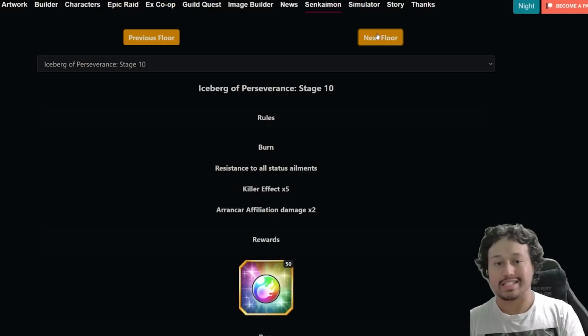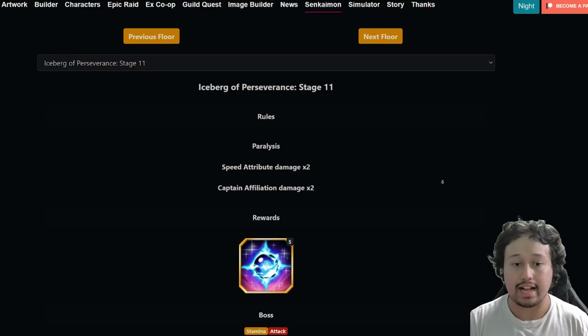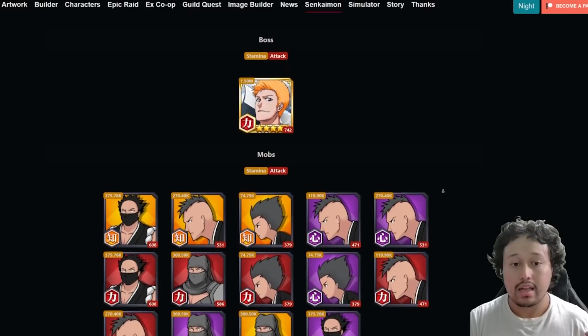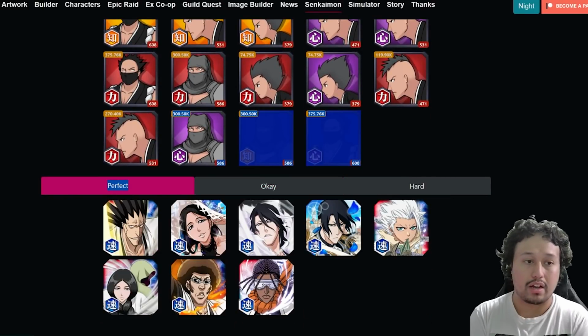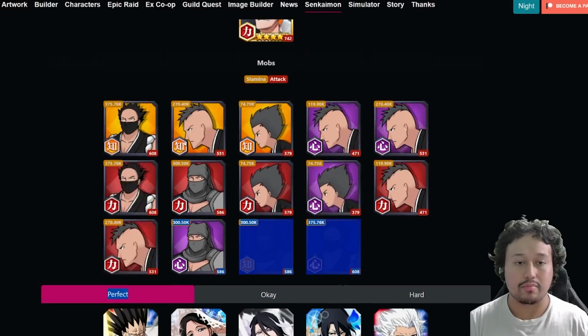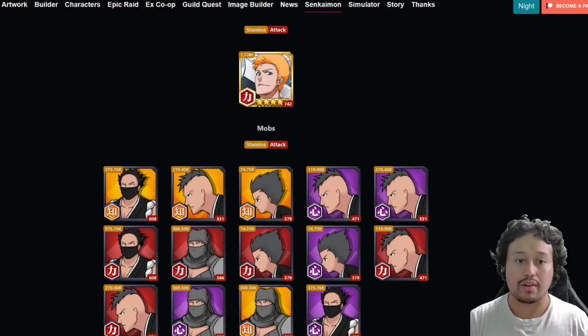The resistance to status elements is kind of interesting here: immunity to paralysis, speed attribute, captain affiliation. Here's honestly where I think you're definitely going to want to just use 5th anniversary Byakuya. The later these stages get, the more tanky these characters get as well. So you have a lot of Soul Reapers, and then on top of that you also have the Ichigo with